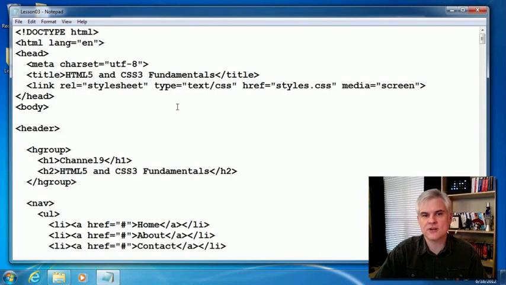Now, you might find it interesting that even these are not required in HTML5. You can still create a valid HTML5 document without these, like we saw just a moment ago. Web browsers will actually do you a favor and insert the HTML, head and body tags as the browser is going through and parsing your document, no matter whether you declare them or not. And just to demonstrate that, here we have